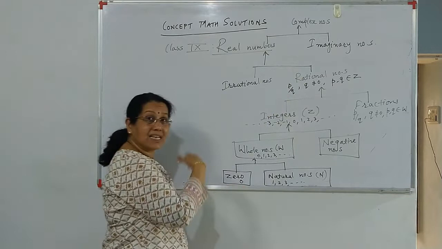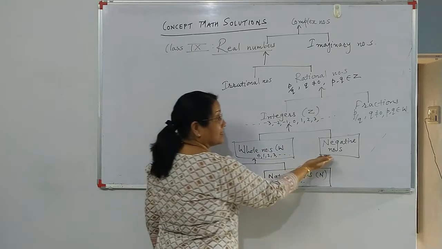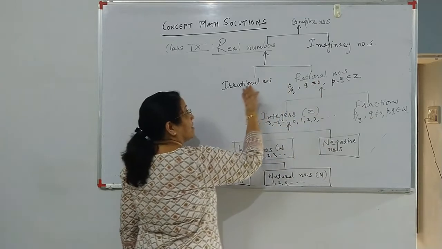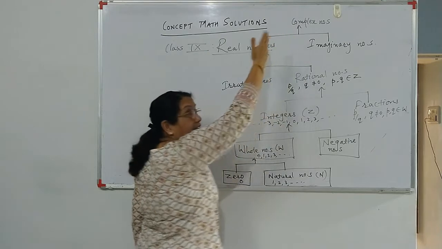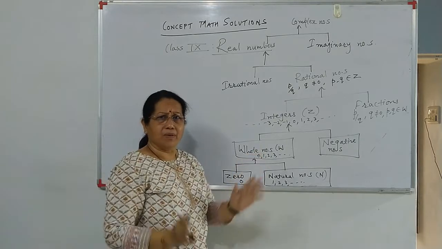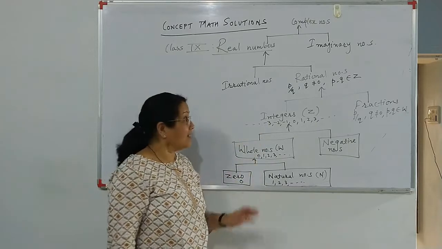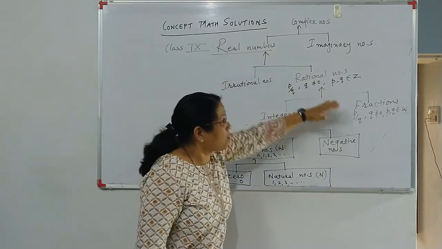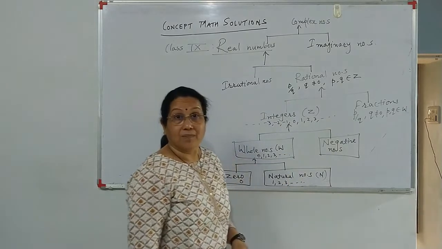This is the number system, the number web. You have learned this in class 1, 2, 3, right? Then this in class 6, then this in 3, 4, 5, then 7, 8, 9. This year you are going to learn about this, and then in class 11 and higher classes you will learn about complex numbers. It's a well-graded, systematic number system. When you say system, there is some discipline, right? This is the discipline. We are going to learn about real numbers, that means all these numbers, especially irrational numbers and rational numbers.